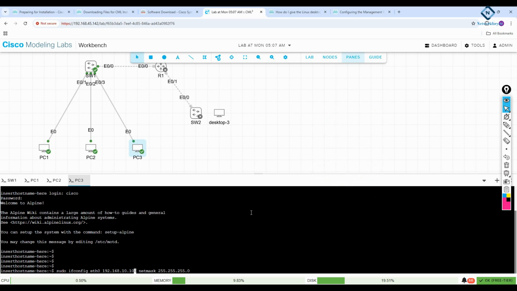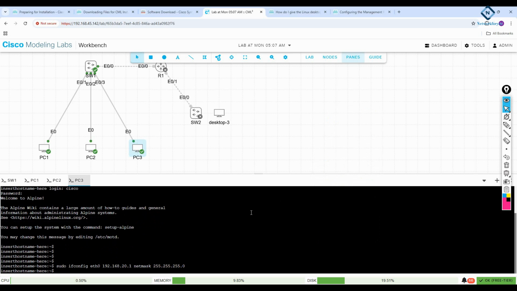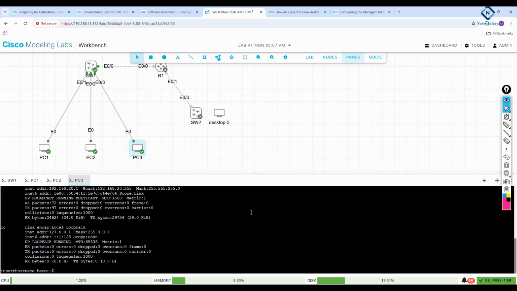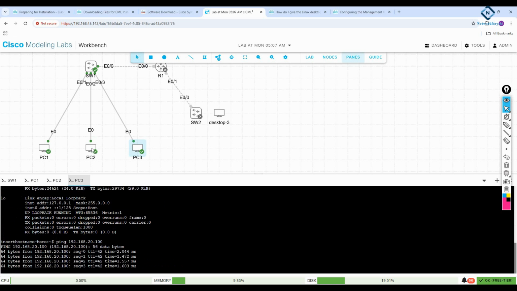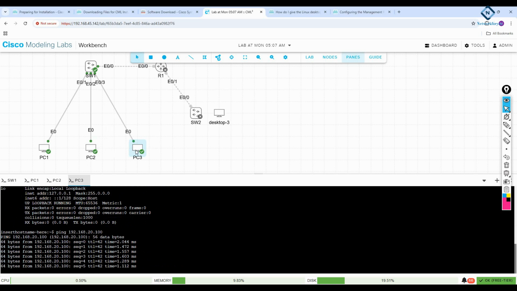This one and that one belong to the same VLAN. So here I can say 20.1. Okay, press enter. Now you can write ifconfig, and you can get this information. Now you can try to ping 192.168.20.100. The reply is coming, because on this machine I configured 20.100, and on this machine I configured 20.1, so they are